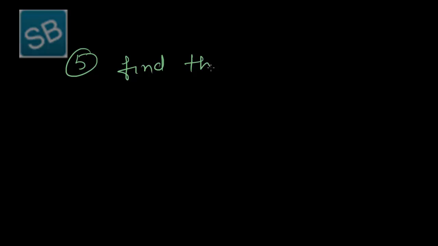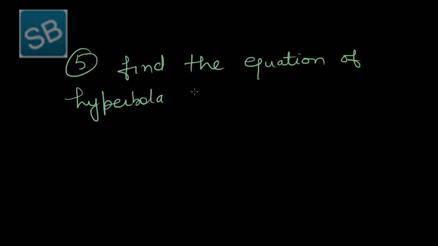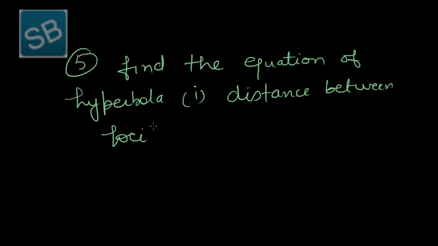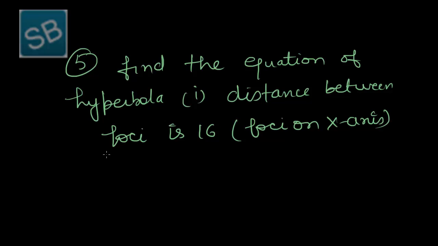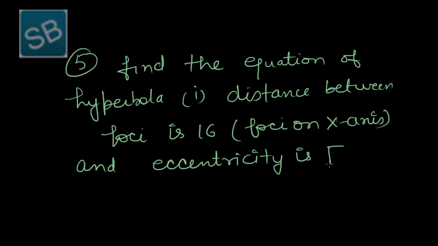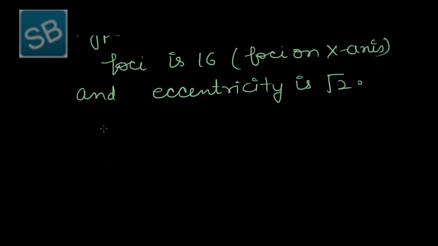Find the equation of hyperbola with conditions: first, distance between foci is 16, that is foci on x-axis, and eccentricity is under root 2. Now the solution is,